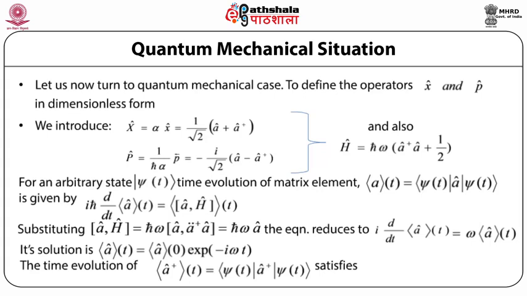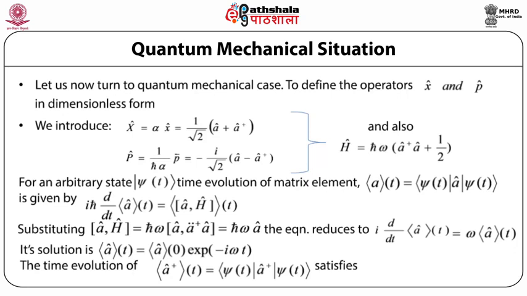Also, the Hamiltonian operator H in this new notation is given by H = ħω (A†A + 1/2). Now if we consider an arbitrary state represented by the eigenvector ψ(t), the time evolution of the matrix element of A as a function of time is equal to the expectation value of ψ(t) with respect to A, that is, bra ψ(t), operator A, ket ψ(t), and this